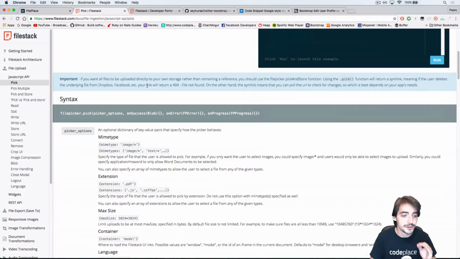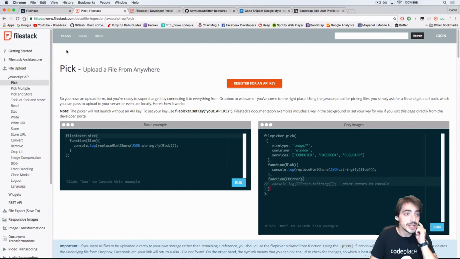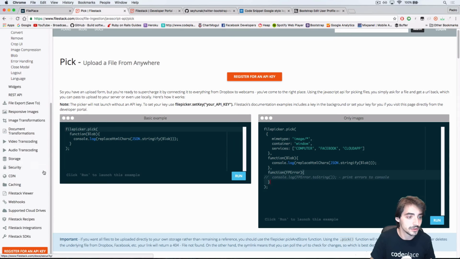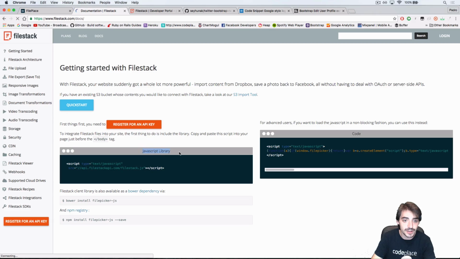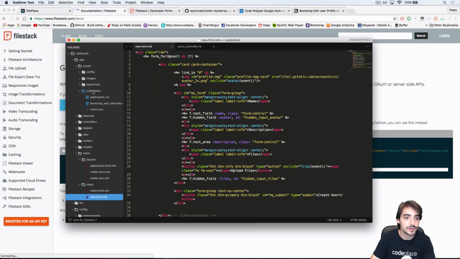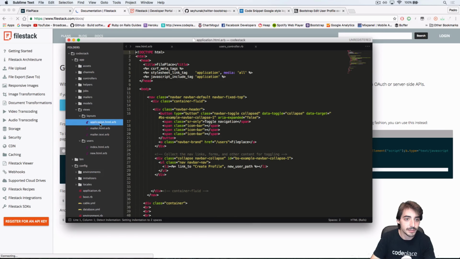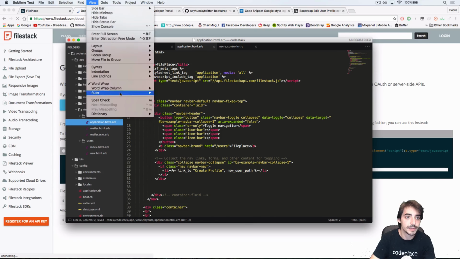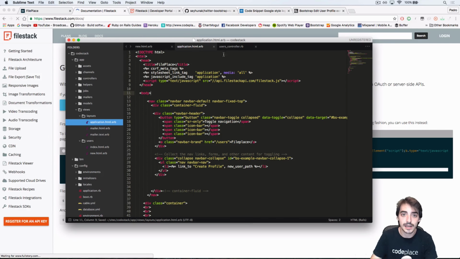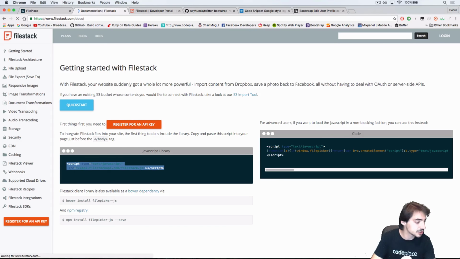Let's begin then. First thing, you need to install the library on your application. So let's begin with getting started here. You should have here the JavaScript library link. What you need to do is very simply copy and paste this into your head section. So where is it? The application.html, and you can put it right there. I hate this. It's not word wrapping. Okay. JavaScript library is installed now,